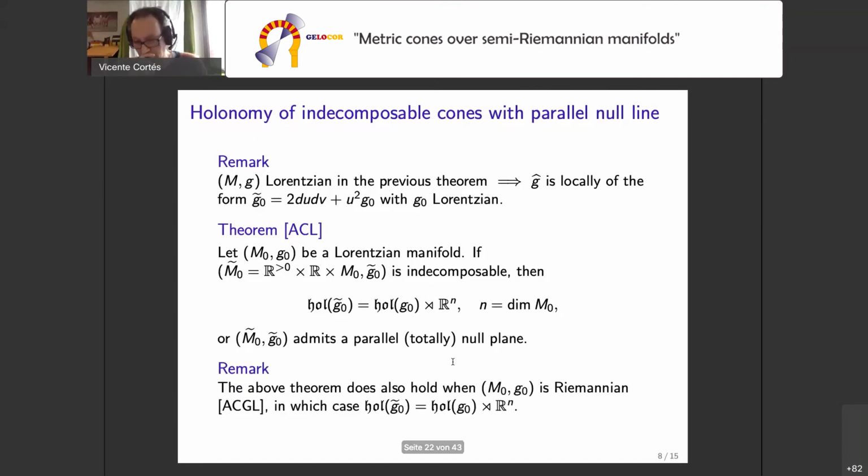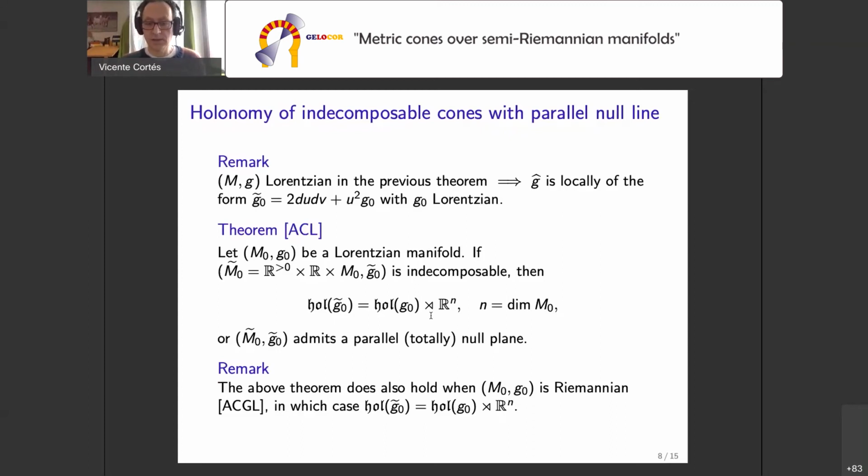Okay, and in this theorem, we can also allow G0 to be Riemannian. So it's a remark. In our recent work, we study this Lorentzian case, but you may allow also the Riemannian case. And then the conclusion is that the holonomy is always such a semi-direct product,